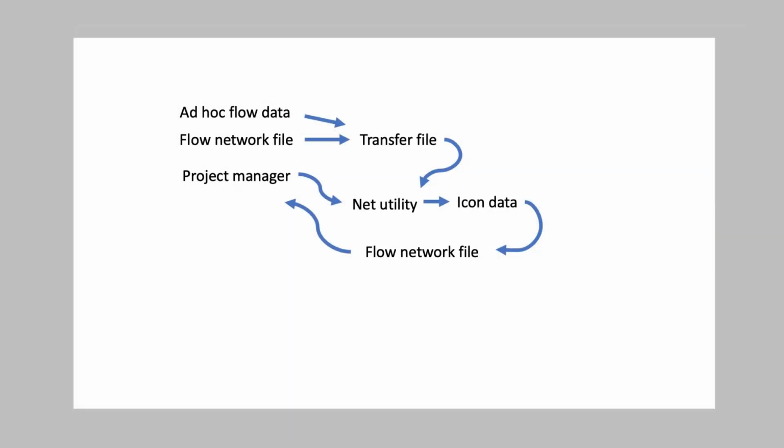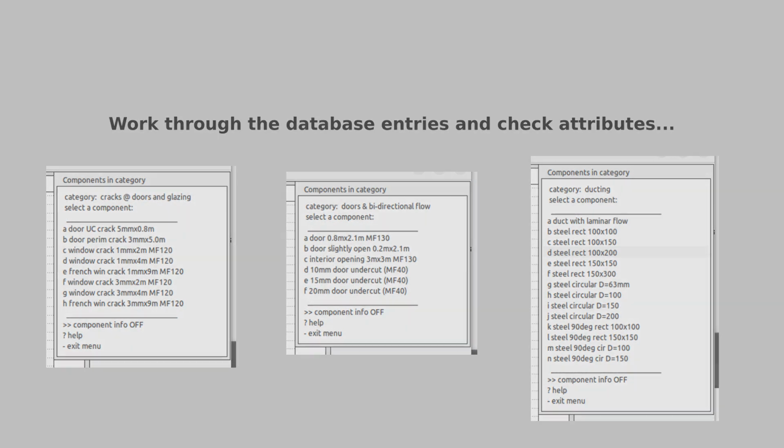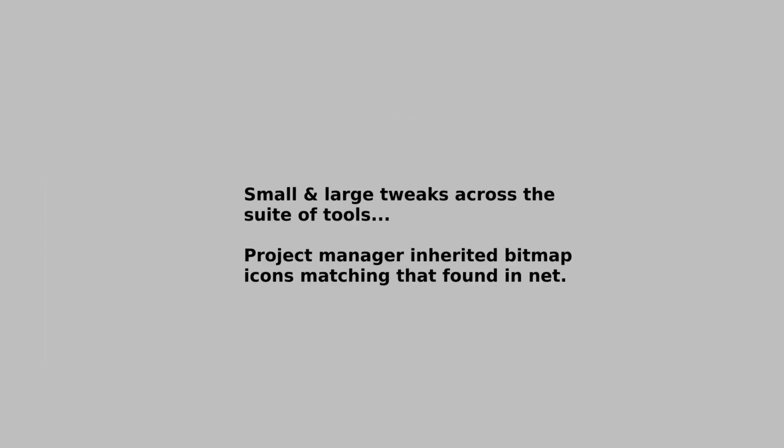Ensuring that the two-way passing of information between the various modules of ESP and the net utility was possible without the loss of information, well, that was a big part of the work. And I tested this by doing a round trip on scores of existing flow networks and checking what worked and what processes failed. In short, the evolution of the net utility for use for workflows touched a lot of corners